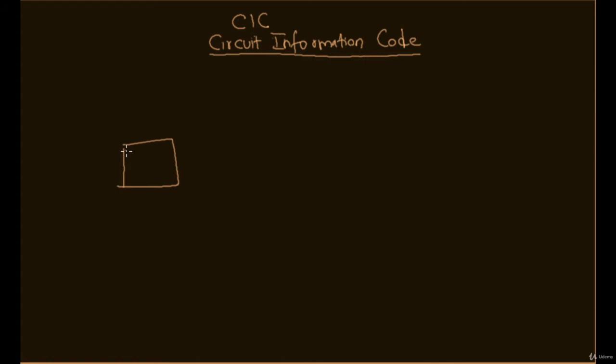Okay, let us understand the CICs. CIC is Circuit Information Code. Okay, so you can see that between two exchanges, let's say exchange A and exchange B,